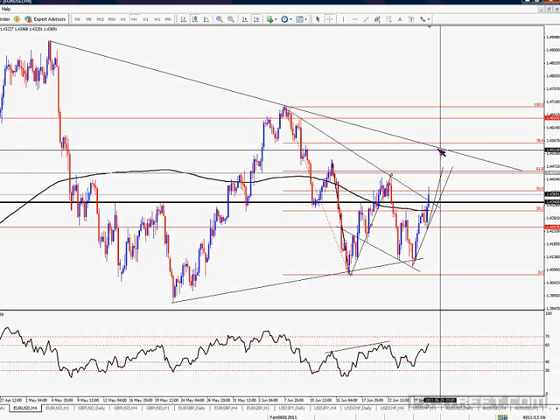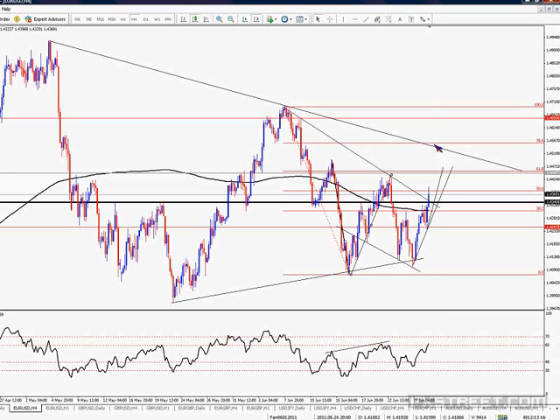1.4530, 1.4540, and still be within the context of a sideways market, in which scenario that would represent resistance and a bearish outlook in the short term. So right now we have a bullish outlook in the short term. We're going to test medium term resistance, and if that resistance holds, it signals a short term bearish